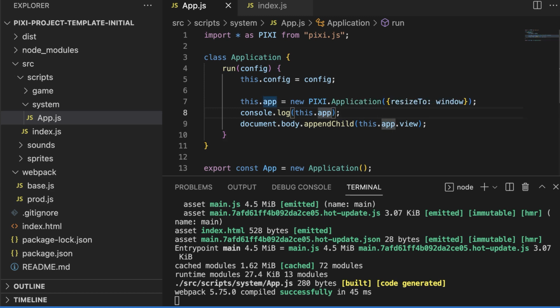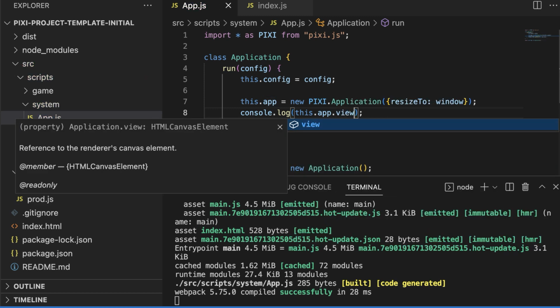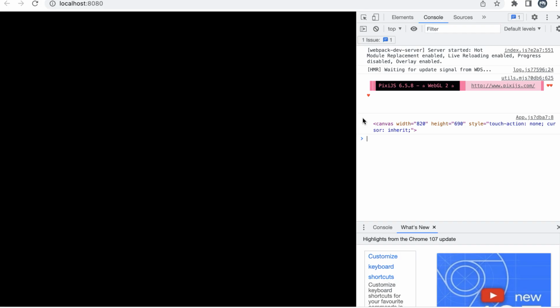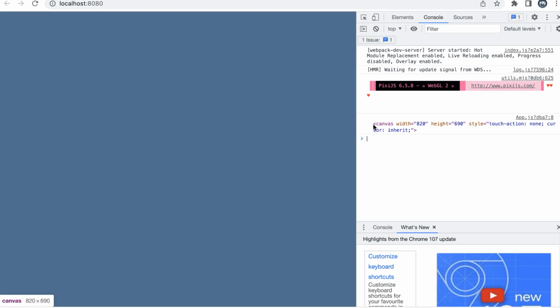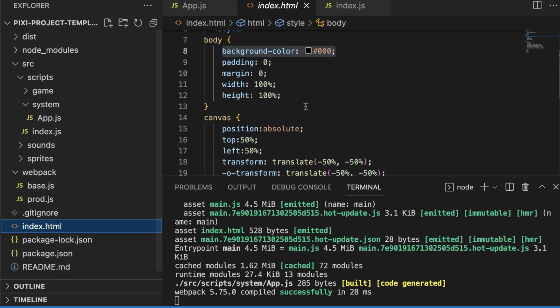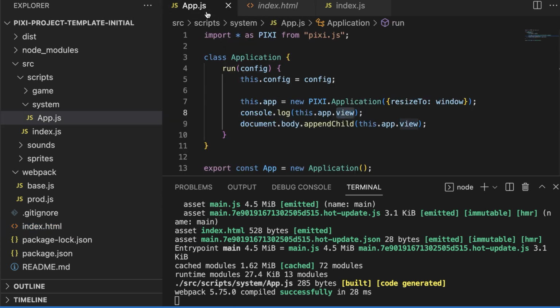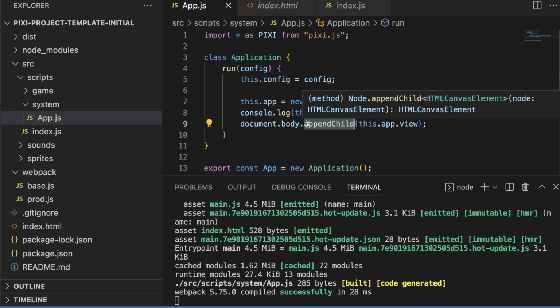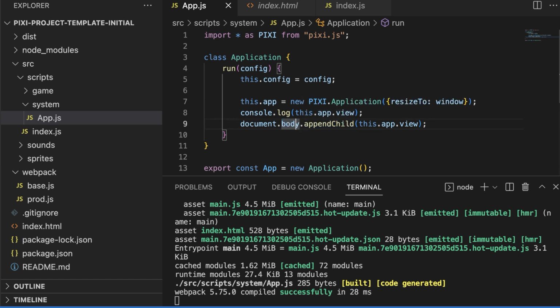And what we want to look at is this app view. What is a view? As you see, it's just a canvas element, which we didn't include in index.html manually. And now, after creating the PIXI application, we have the canvas element in this.app.view, and that's why we append this element as a child to the body HTML of our document. So this app view is just a canvas that we can include in the document body. Okay,